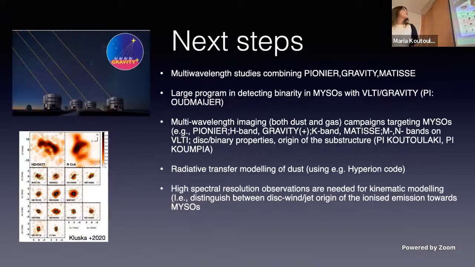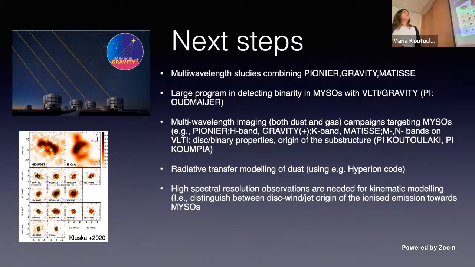And just as next steps, because of course there are a few things that have been done, but there are a lot more things that we can do. The next step for our group is to have more multi-wavelength studies combining HK and LMN bands, because that will give us an idea of tracing the inner disk from 1 or 1.5 microns all the way up to 12 microns. And combined with radiative transfer modeling, for example, this can give us a much better idea of the dust and the conditions there, but also